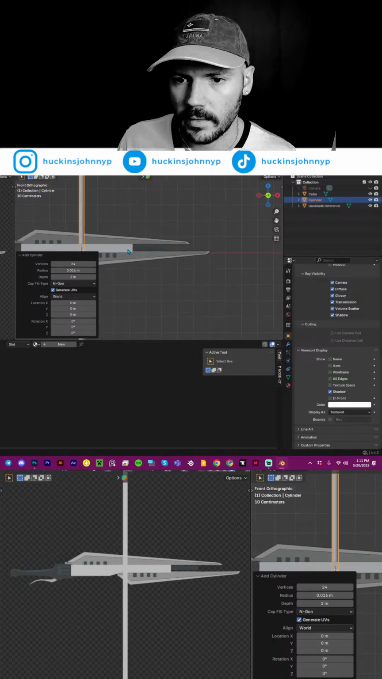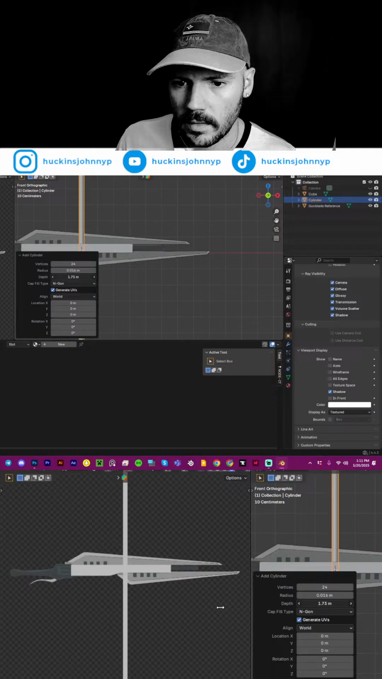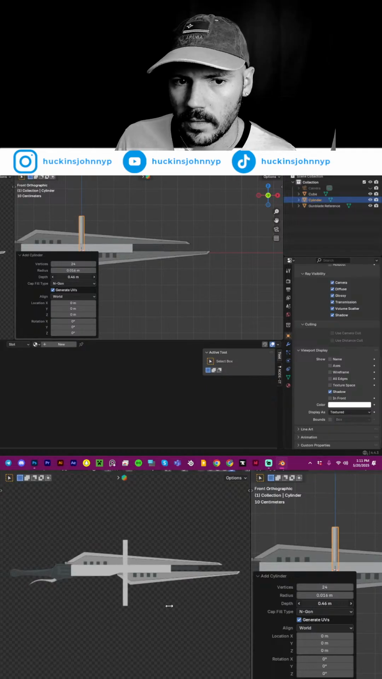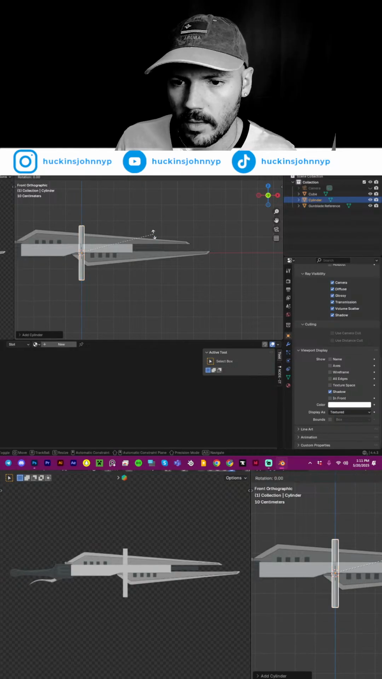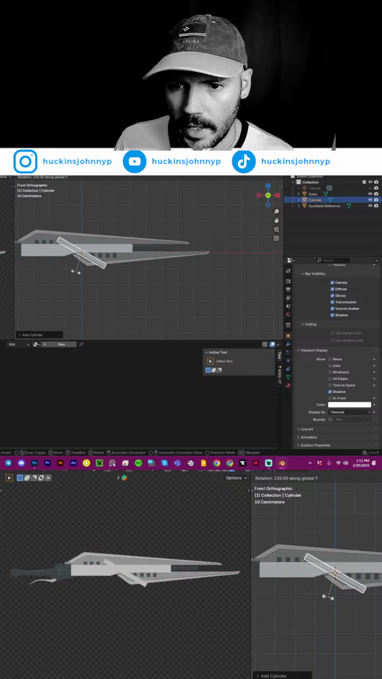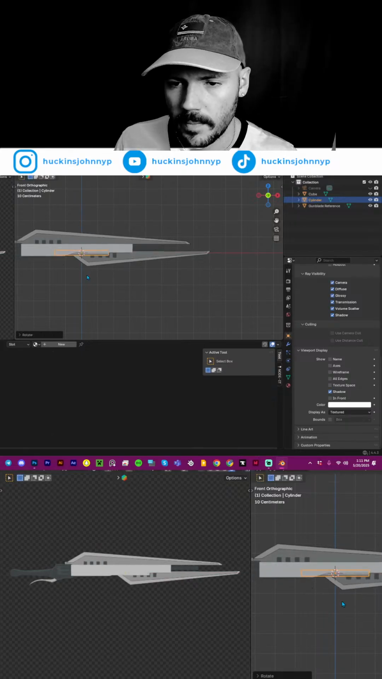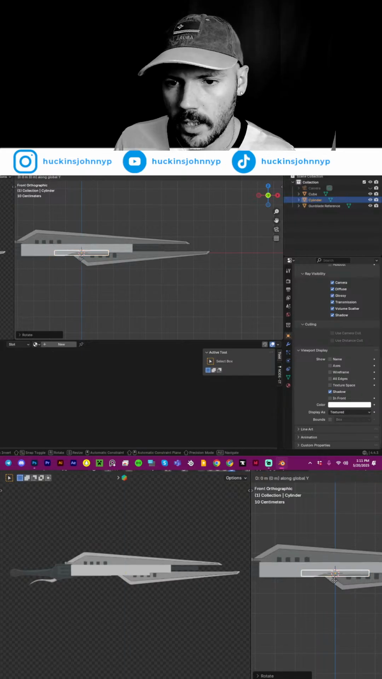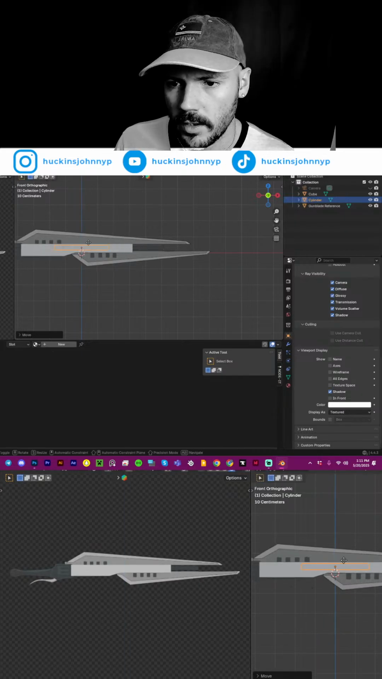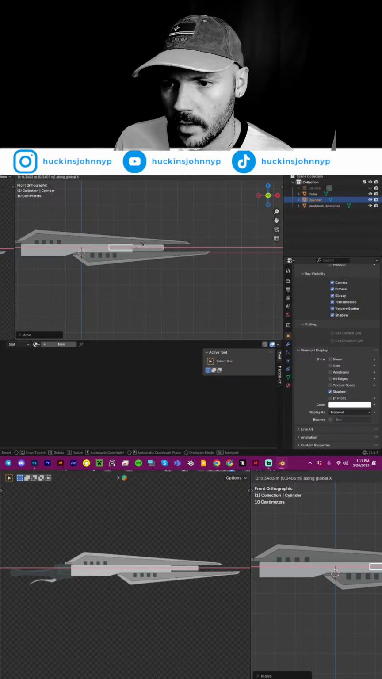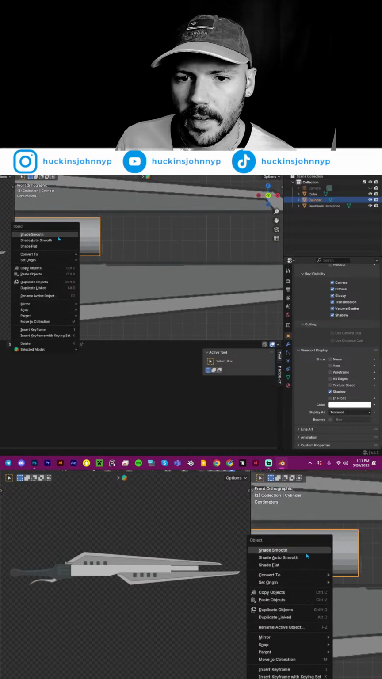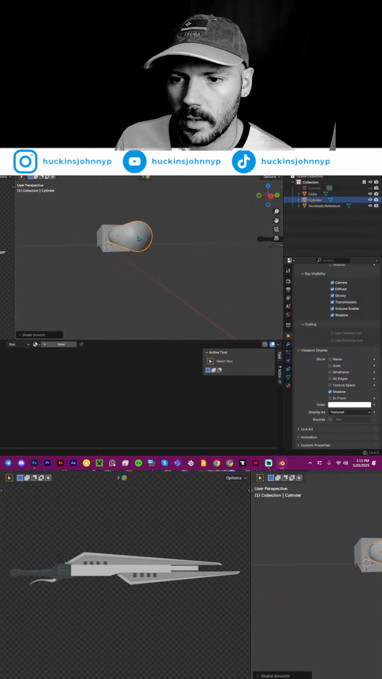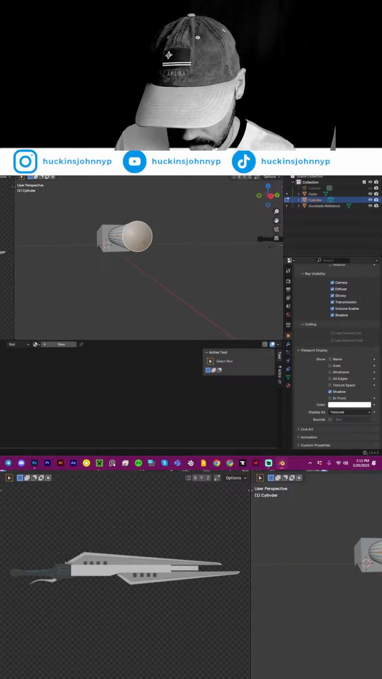That looks fine. Something like this should be fine. Rotate, rotate Y 90. GZ, GX. We just want to make sure that we'll shade this smooth. And then we're also going to click on this and we're going to go